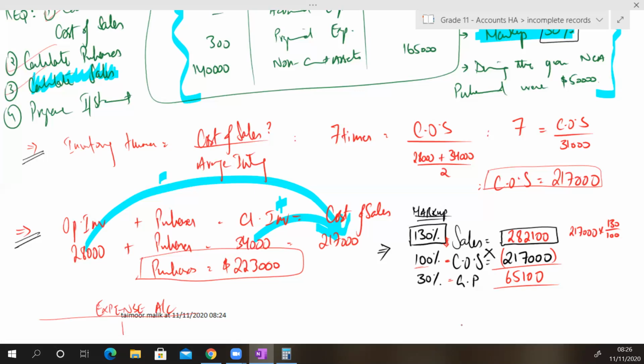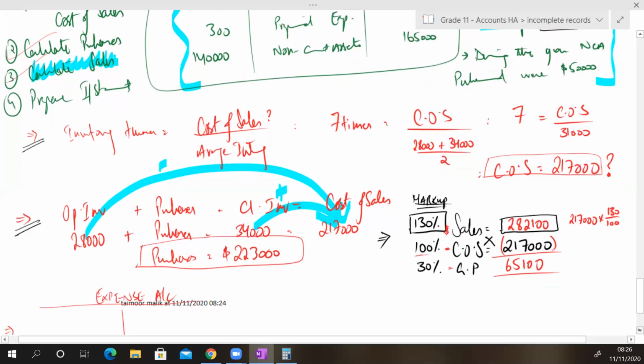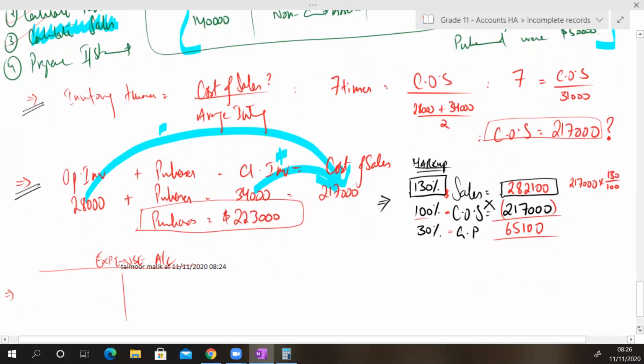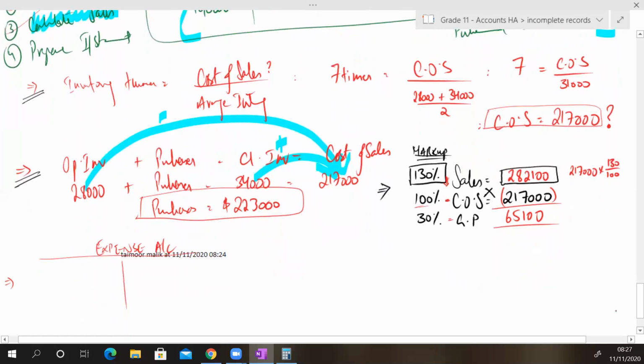Okay. So now over here it is a markup, which is like cost of sales is 100%, sales is 130%, and we found the cost of sales value over here using inventory turnover. So we use this value and markup value to calculate the sales revenue which is mentioned over here. Okay. Alright,